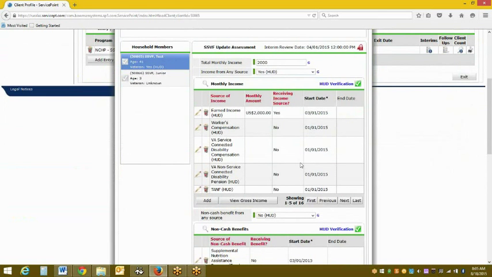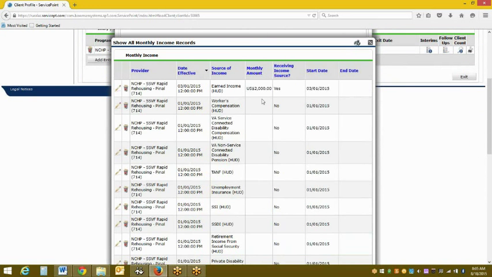So now we're going to say, for this scenario, that we're going to change the amount to a new amount. So I'm going to say that my client got a raise. Okay, so the total monthly income amount, I'm going to say for this scenario, it's now $4,000. The income from any source is going to stay at yes because it's still true. Then the third step would be to click the magnifying glass next to the monthly income header to see all of the income all at once. Then we're going to end this